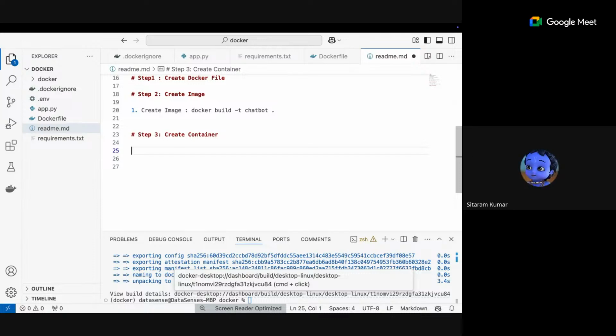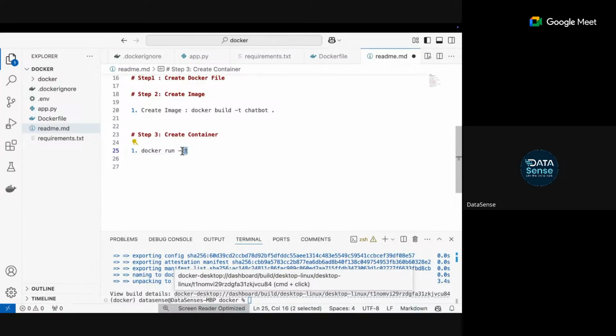So the command that is used is docker. We will use a lot of commands, but today we are going to use docker run. It means I'm creating a container on this image. Here we are using -it. IT means interactive. I will explain its definition in more detail in the next class.